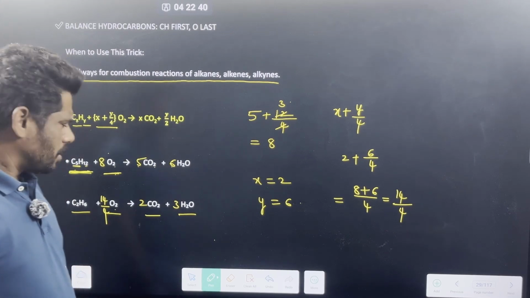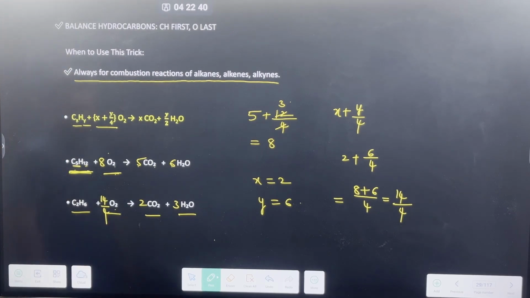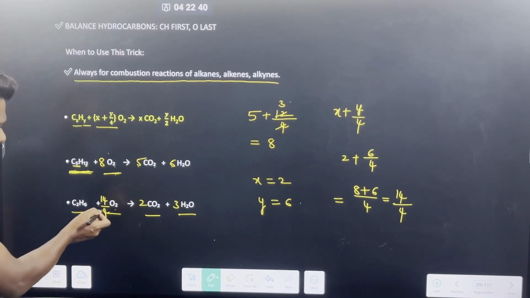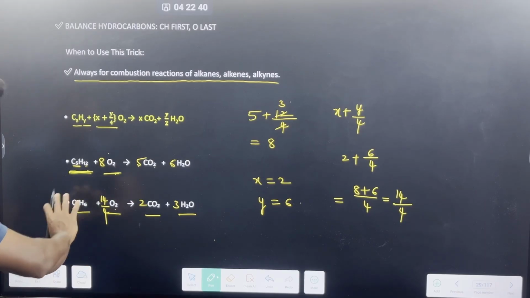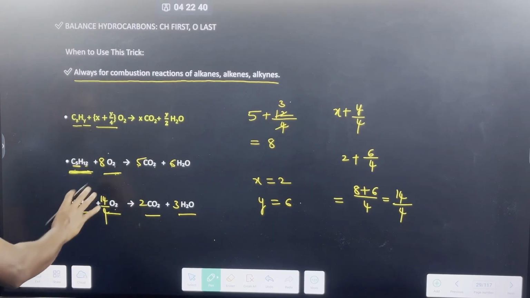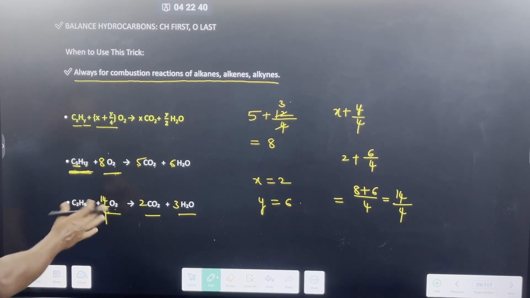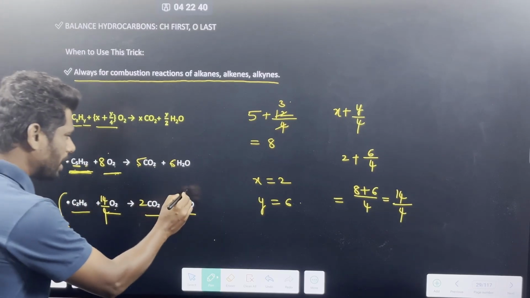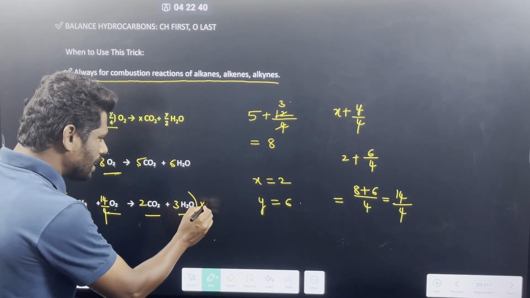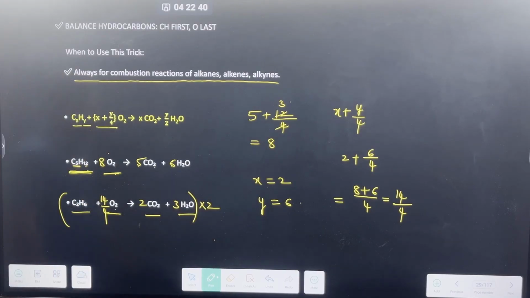So, in this case, if you want this equation a little changed, then you cannot leave fractions as coefficients. Just to make them round figures, you can multiply the equation with any number. For example, I will multiply this whole equation with the number 2. Let's see what happens. Then that equation will become